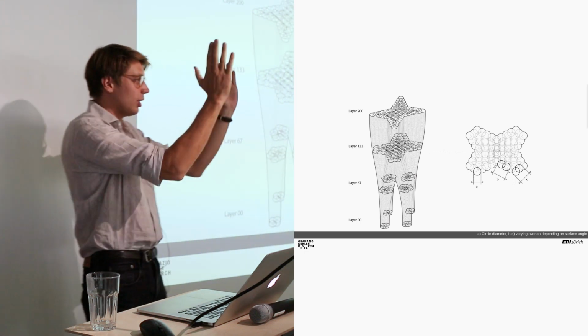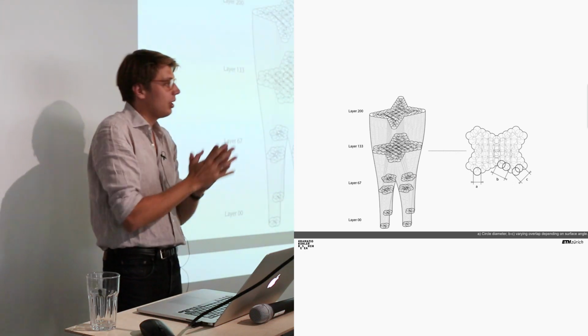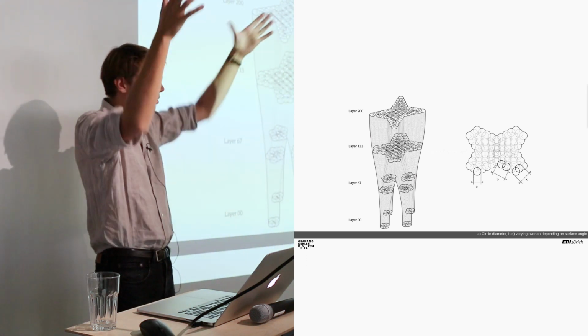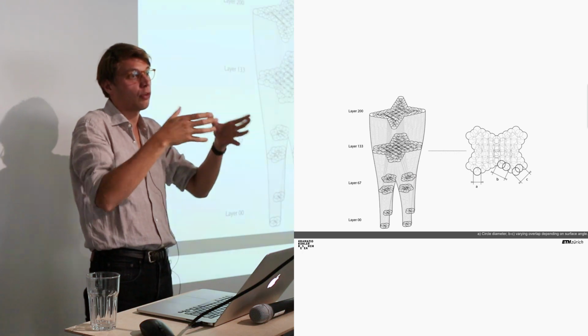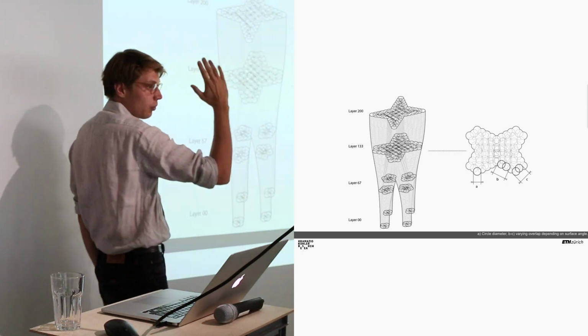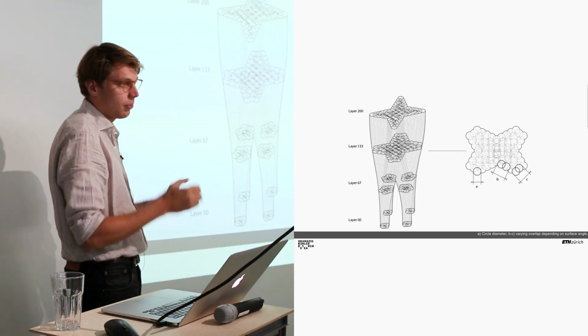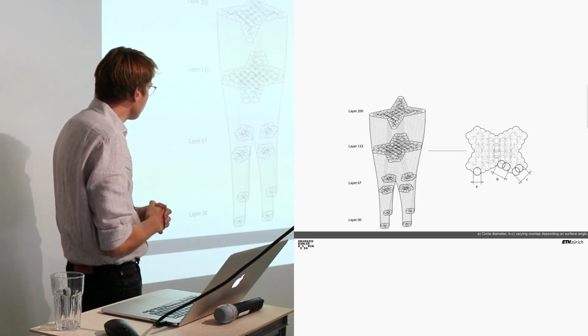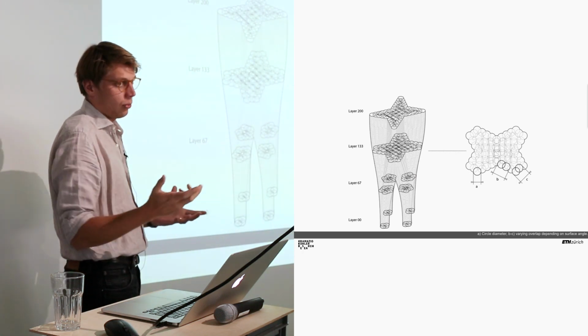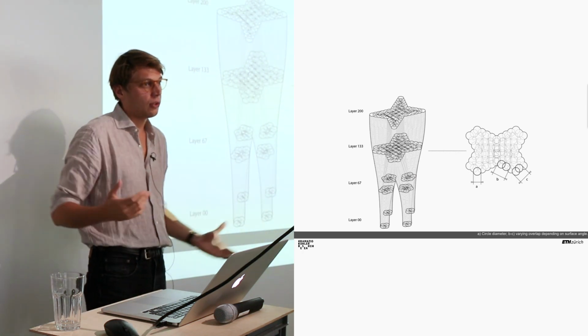So basically by creating this inverted logic column that is bigger in the top than the bottom, we actually create something that was more stable than the opposite. So if the legs would have been in the top, they would have been very unsteady because of the lack of weight. And we also built it 2 times because we couldn't simulate how the material behaved,